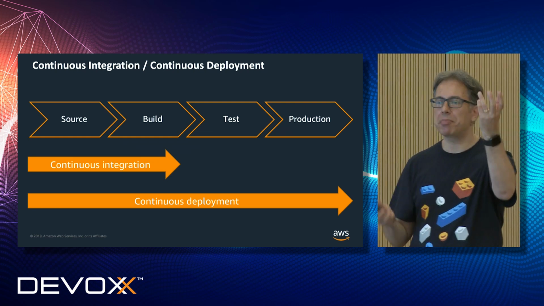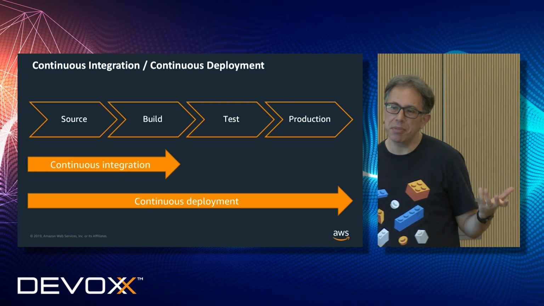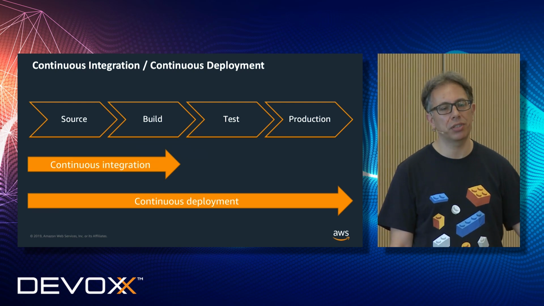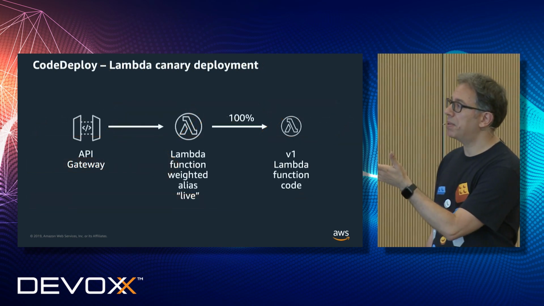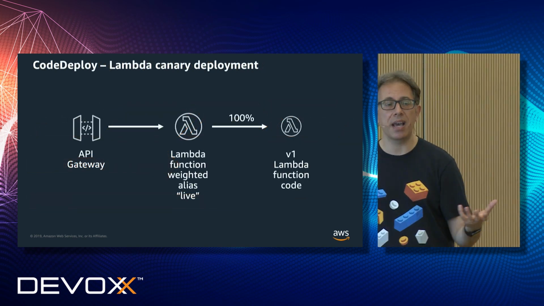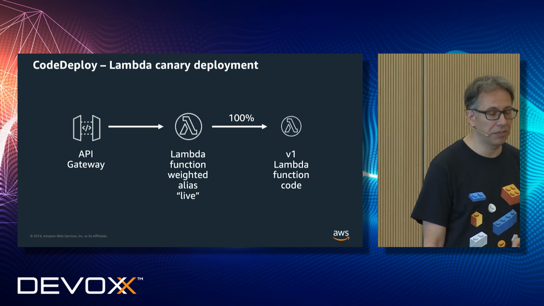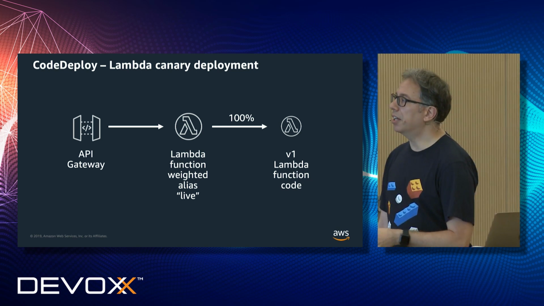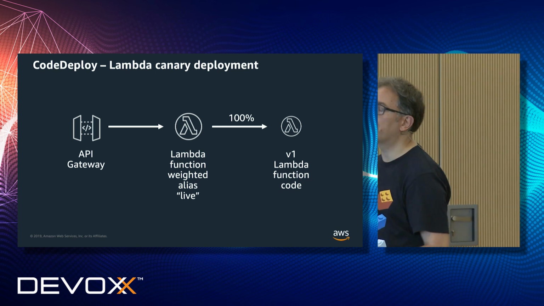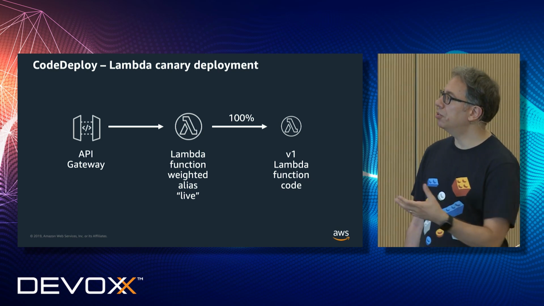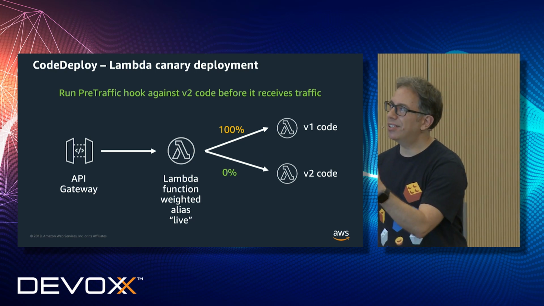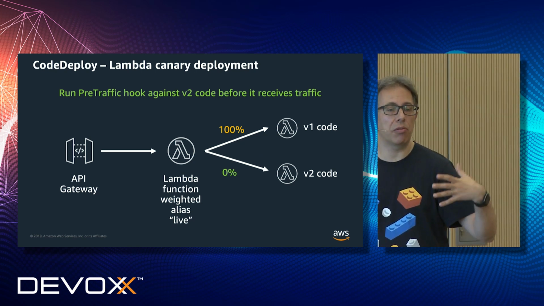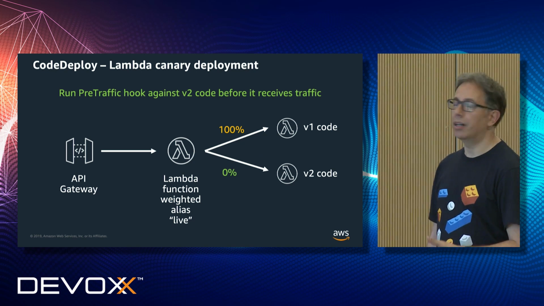But if I have an abstract resource, a function, it can be more complex. That's why we introduced canary deployments as a feature of Lambda. So what happens is that you have your API, for example, if this works for every scenario with a Lambda function, and you have the version 1 of your code. What you can do, you can say, OK, I create a version 2, and then we integrated this with Code Deploy. It's our main deployment tool.